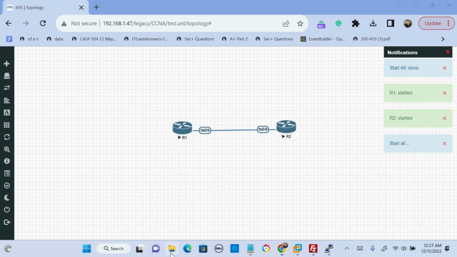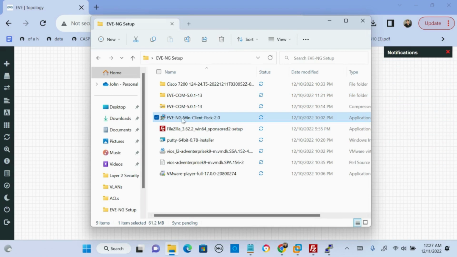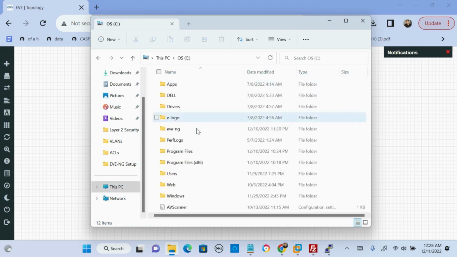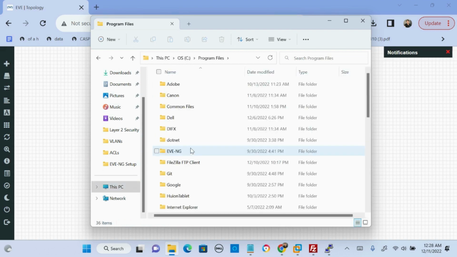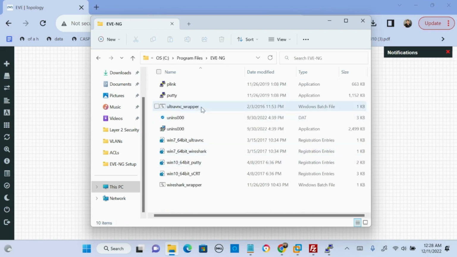So now what we're going to do is we're going to install that Win Client Pack. And again, this Win Client Pack is going to have you install Wireshark, Nmap, and a bunch of other software. Choose what you want to install. I installed Nmap and Wireshark because those are great tools. Once that Windows Client Pack is fully installed, we're going to go ahead and go to the C drive, go to Program Files, click on the EVE-NG folder, and if I want to run Wireshark,